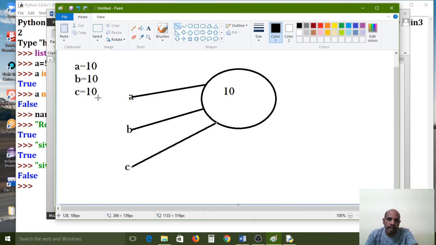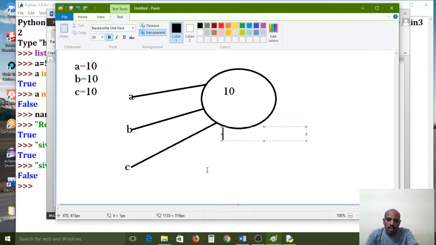After that, c variable is declared like this. c also contains 10 value. First it will check in the memory whether the 10 value is available or not. If it is available, it points there. If it is not available, it will create one more object for that. So same value కాబట్టి 3 variables pointing to same memory. So id కూడా సేమ్ అవుతుంది అప్పుడు. ఒకటే మెమరీ లొకేషన్ ని పాయింట్ చేస్తున్నాం కాబట్టి.